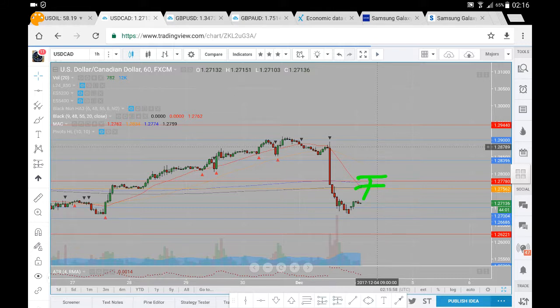At 127.56 and between 127.56 and 127.80, we do have the 200 period moving average marked out here in blue and a 400 period moving average. They may act as dynamic levels of resistance. We could potentially see some sell side momentum taking us all the way back down to 127, potentially 126.80. Now, if we do successfully navigate the 200 and 400 period moving averages,